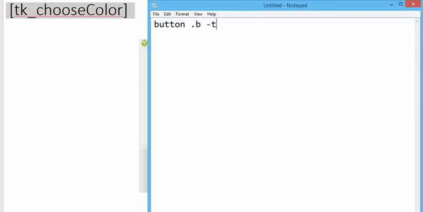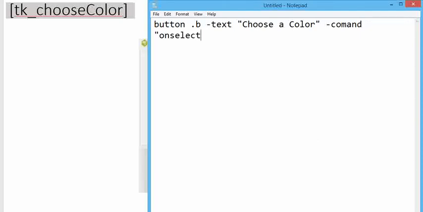Here I am going to give minus text, the name of the button, that is Choose a color. Here for the command, I am going to call a procedure. The name of the procedure is on select.